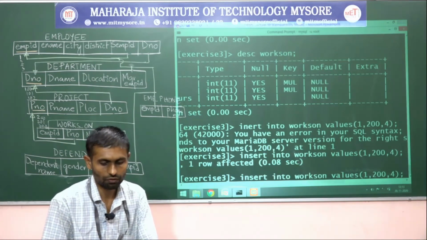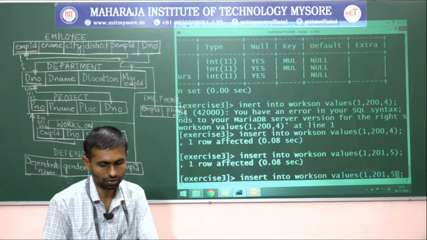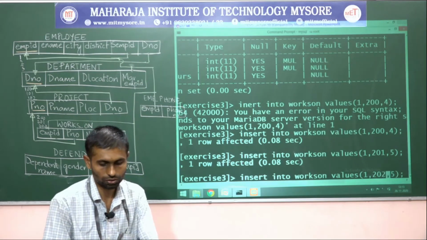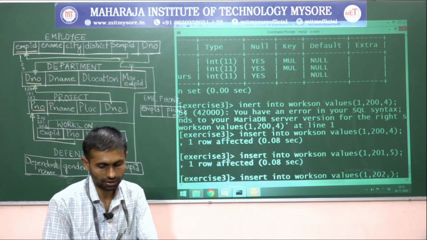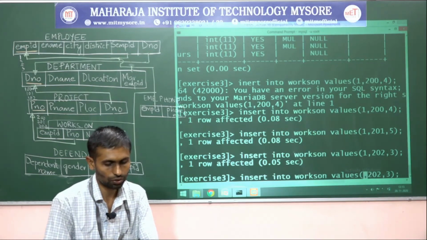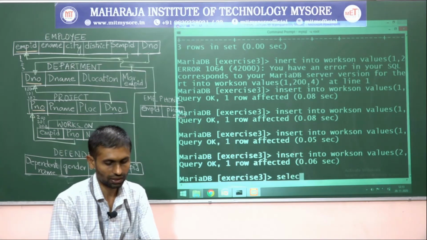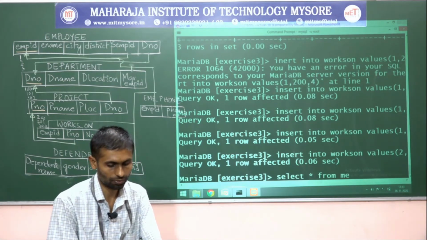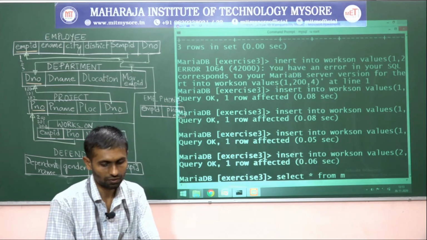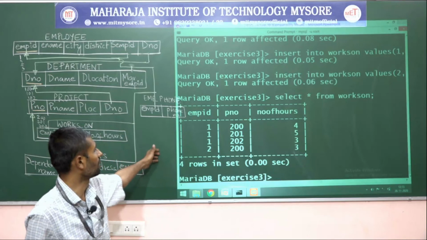Next we will add employee 1 working on 201 for about 5 hours, and one works on 202 for about 3 hours. Next, let me add employee 2 works on 200 for about 3 hours. That's it. So select star from employee, works on. Yes, we have the data.